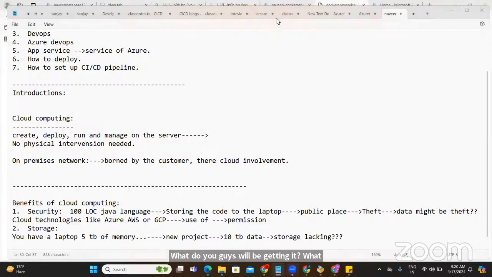Will you be opting for a new laptop? Would you be going with OneDrive, or with a hard disk? What will you be doing? So far, I've got 3 answers, guys. Okay: new hard disk, new purchase, new laptop, buying more storage, extra storage. Yeah. So what I can see here is that most of you would be going and purchasing a new laptop, folks.